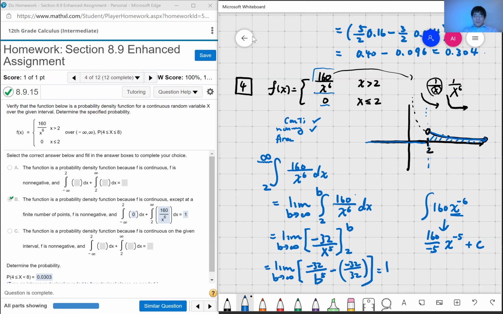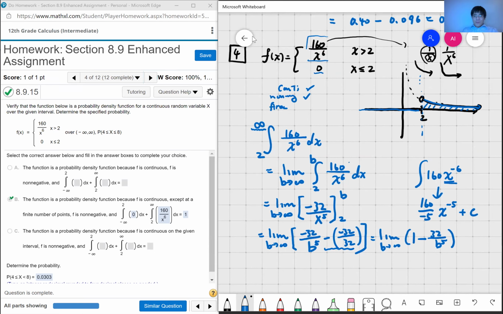So this is equal to basically 1 minus 32 over b to the power of 5. So as b goes to infinity, this fraction is getting closer to 0, so the area is equal to 1. So now we just showed this is a probability density function. Okay. Now next thing to do is you need to find the probability that the random variable takes a